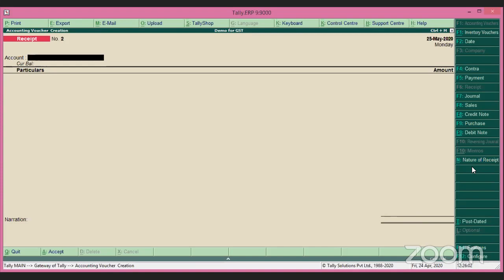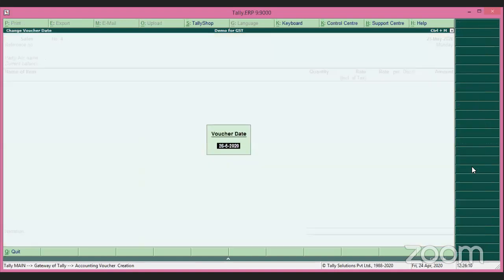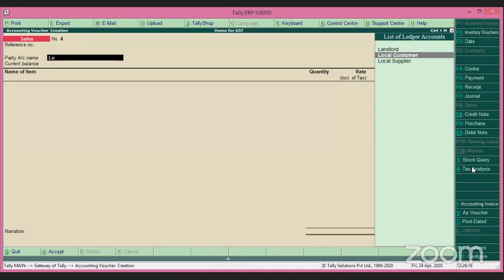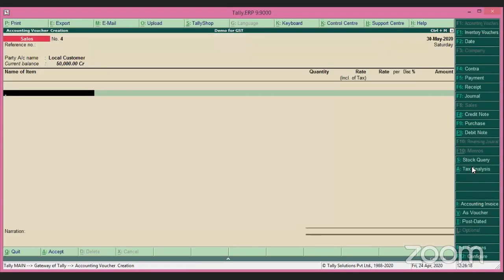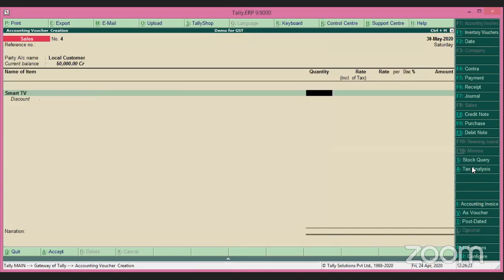Now go to F8 for sales, right? On 30th, for local customer, I'm using smart TV here. He has already given 50,000 rupees. So I'm going to give